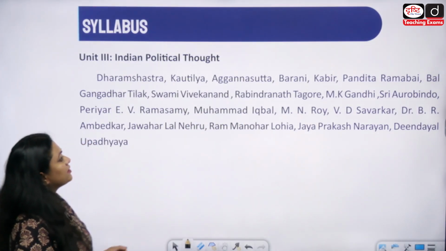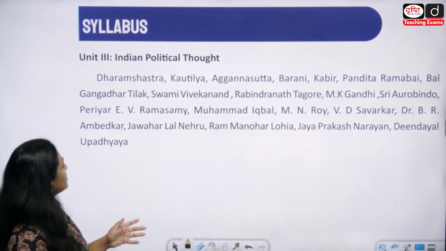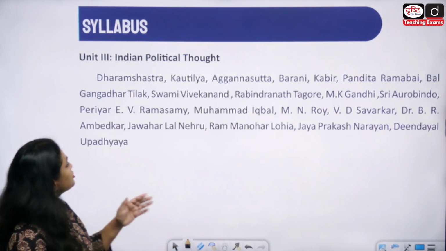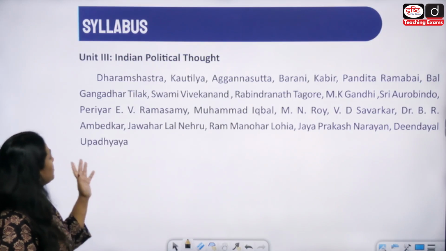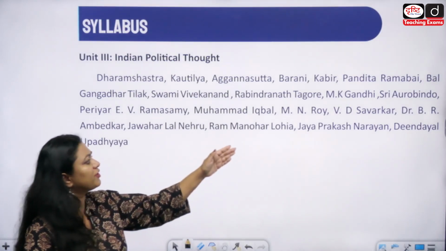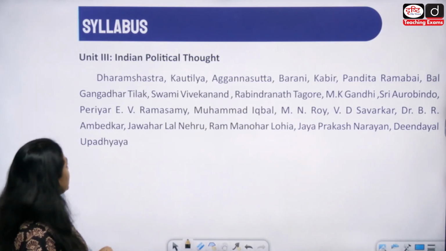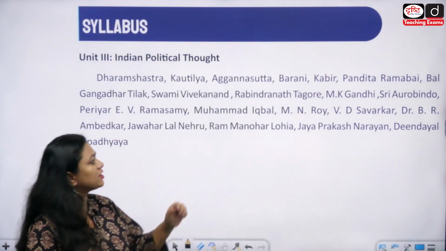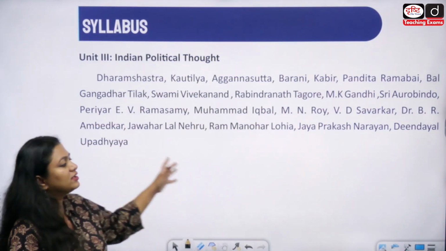Then after we have Pandita Ramabai, Bal Gangadhar Tilak, Swami Vivekananda, Rabindranath Tagore, Mohandas Karamchand Gandhi, Sri Aurobindo, Periyar E.V. Ramaswamy, Muhammad Iqbal, M.N. Roy, V.D. Savarkar, Dr. B.R. Ambedkar, Pandit Jawaharlal Nehru, Ram Manohar Lohia, Jayaprakash Narayan, Deen Dayal Upadhyaya, all these thinkers belong